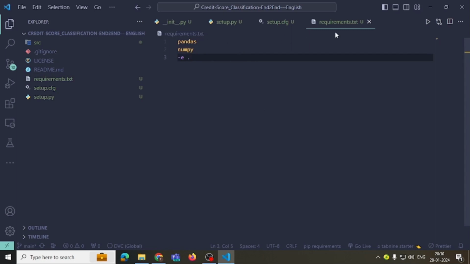So here I'm going to create a Python environment for you, and once our environment is done, I need to install some necessary packages inside my new environment. That is why I'm passing here pandas, numpy, and e dot. What e dot does is it will create a package for you and install it in your environment